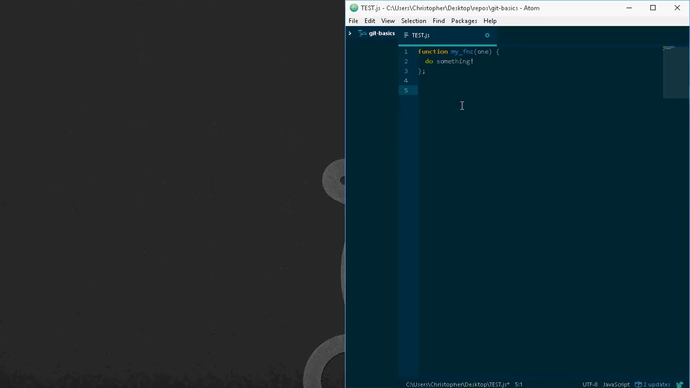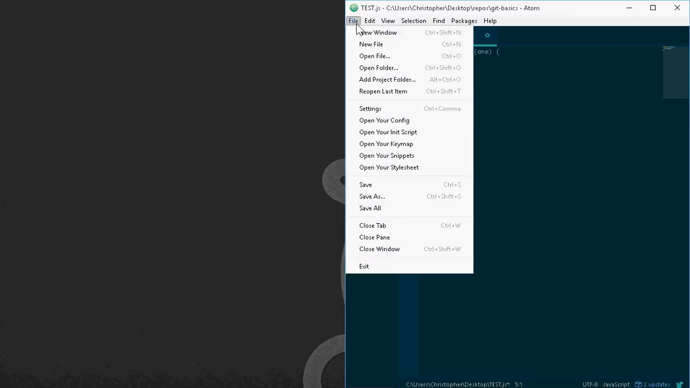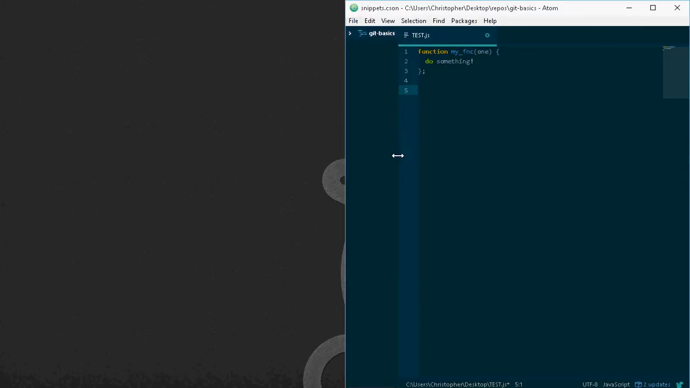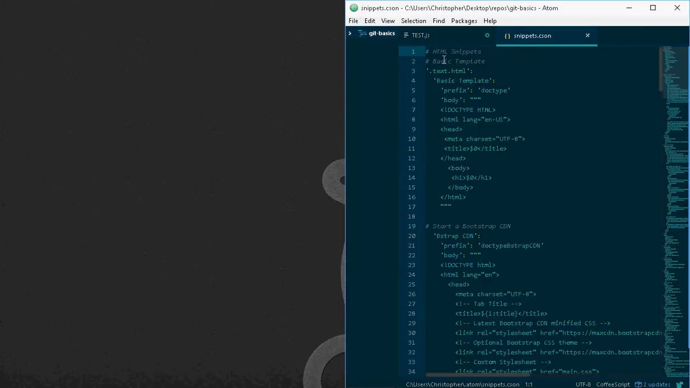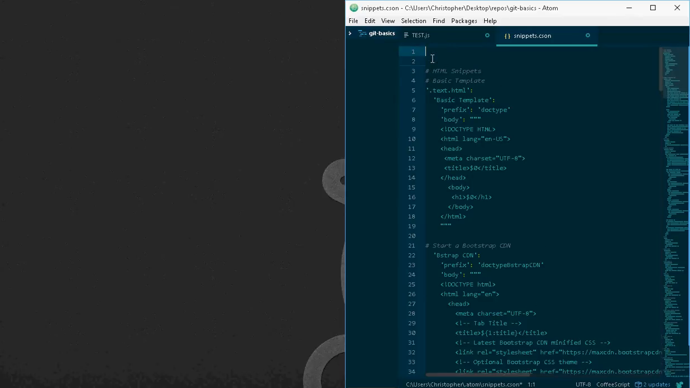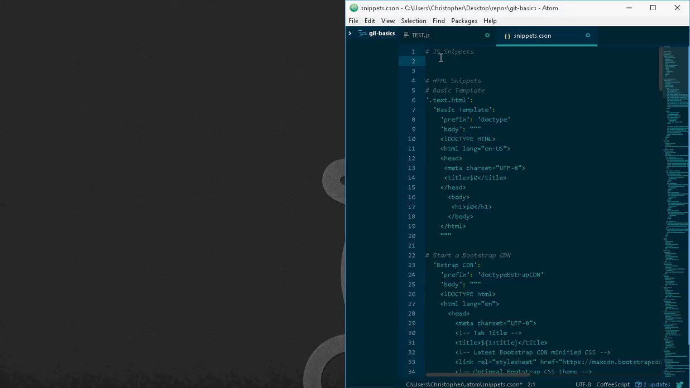But what if you want to create your own custom snippets instead of depending on the default snippets that Atom already has? To do this, you go to File, you open your snippets, and it opens your snippets file. Unfortunately, on Atom, all the snippets are saved in the same file, so you gotta annotate this properly. I like to make comments on what snippet sections I'm working on, so I'm just gonna type in JS snippets because I have not made any JavaScript snippets yet, and I'm gonna call this the function